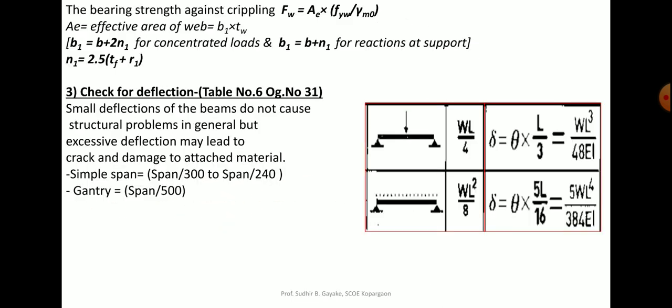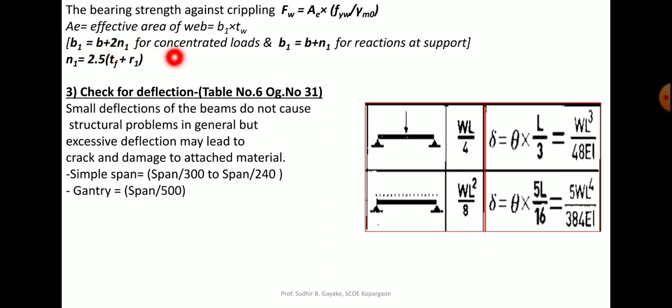For that, a formula is adopted. Your bearing strength for crippling is given as Fw, and that is given as effective area into yield strength of web divided by gamma m0. Here again, effective area is given as B1 multiplied by thickness of web, where B1 depends upon concentrated loads and reaction. So for concentrated loads, B1 is given as strip bearing length assumed B value plus 2 times N1,